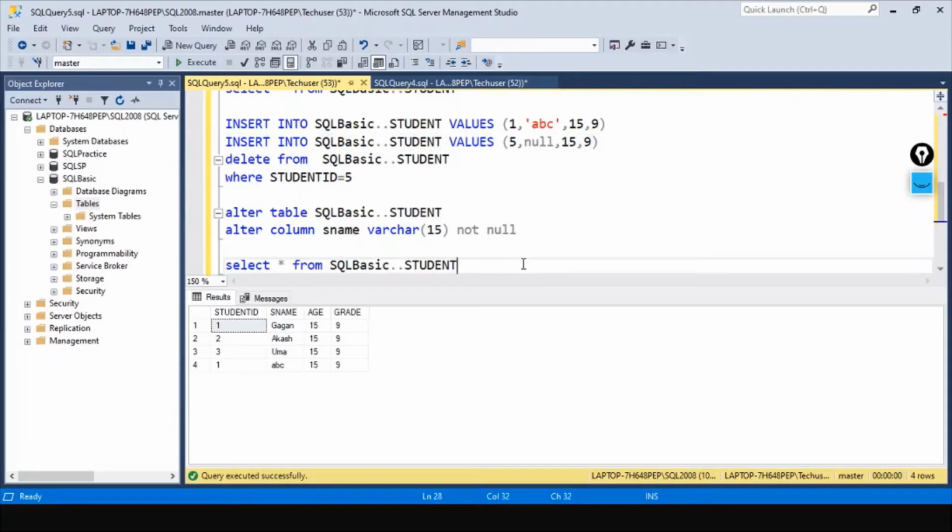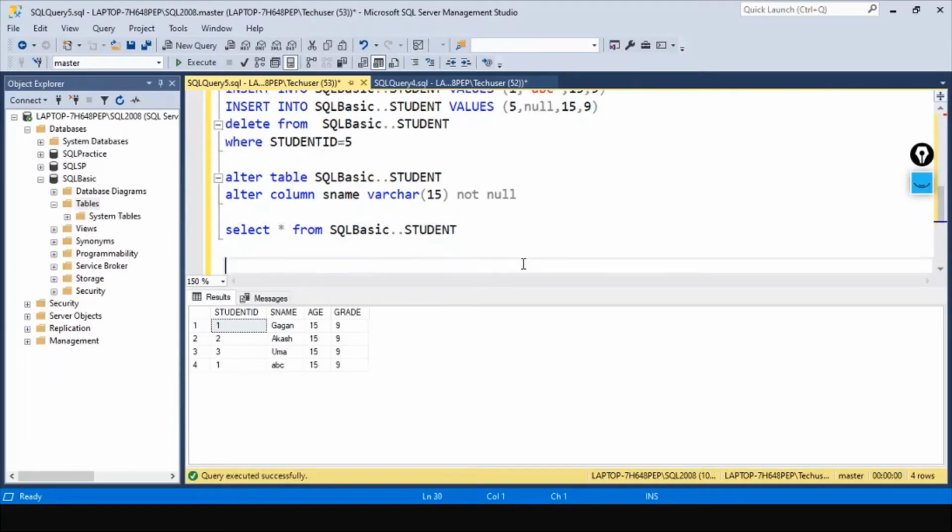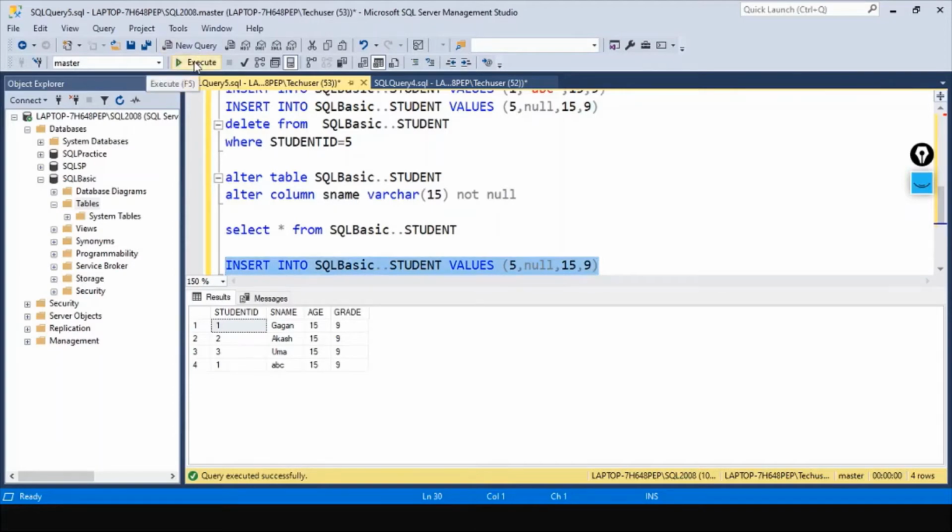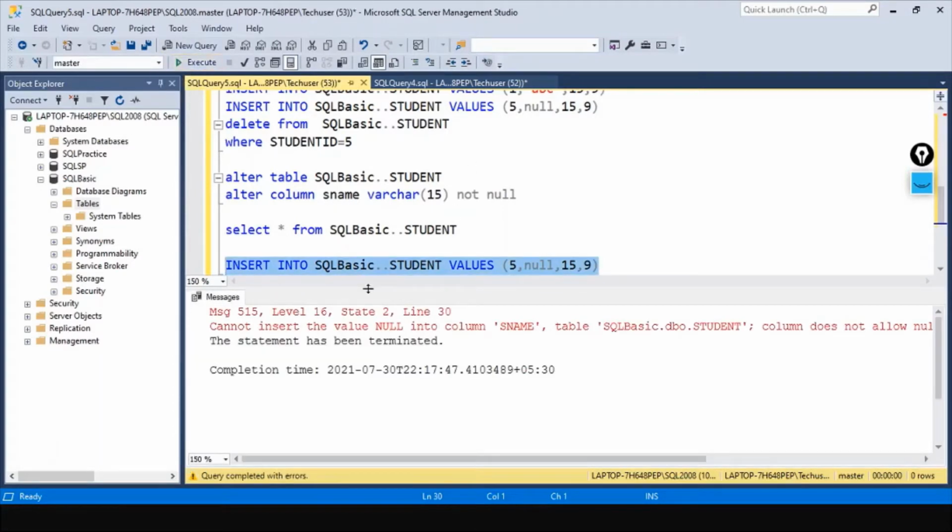So let's try to enter this value into this table. See, the statement has been terminated. Cannot insert the value null into the column s name. So it is saying that you can't have a null value inside this s name column.